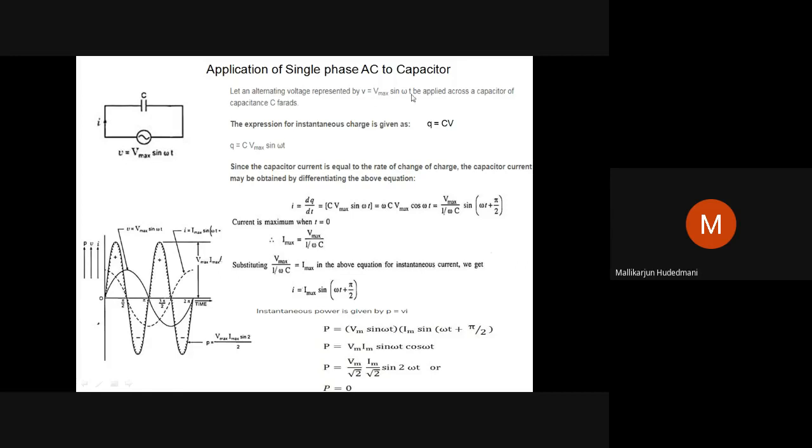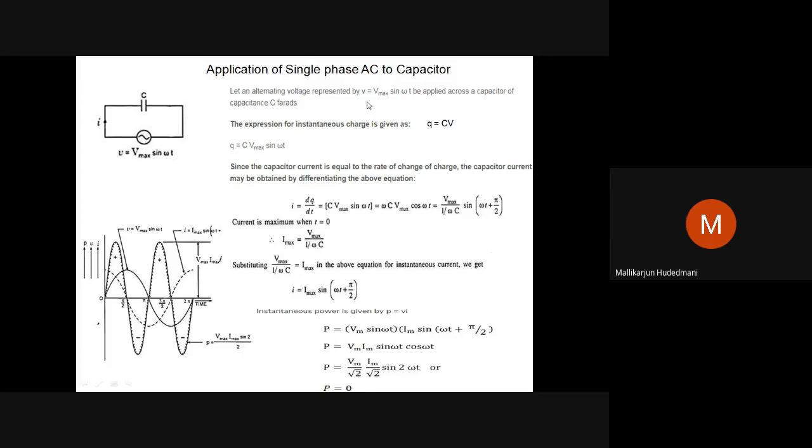So I began with V = Vm sin omega t. I took the fundamental Q = CV and transformed it into a cosine, which later becomes a sinusoid. So this is my achievement. What may be a question? Show, prove that in an ideal capacitor, current leads ahead of the voltage by pi by 2.